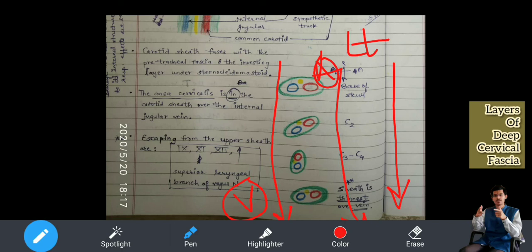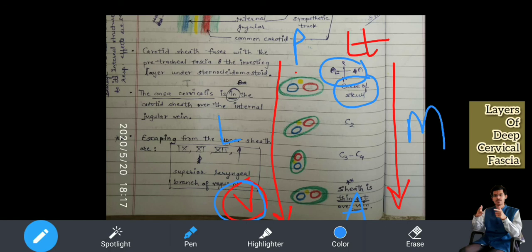The vagus trunk is at the base of the skull, and posteriorly present. See this, I have written here already. I'll make it easy for you. Can you see this? This is the medial aspect. This is the lateral aspect. Laterally, on the outer side, the vein is present, as we saw, and this is the posterior aspect, and this is the anterior aspect. Now what you need to understand is that at the base of the skull, the vagus nerve is present posteriorly. Understood?